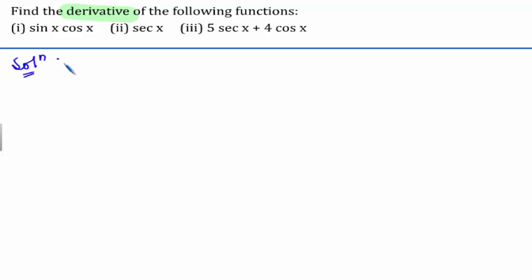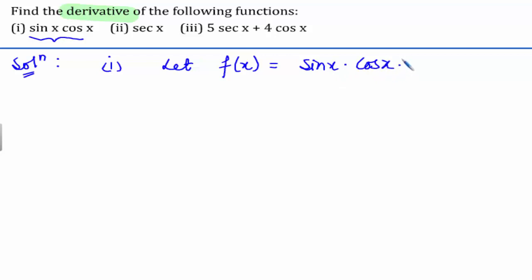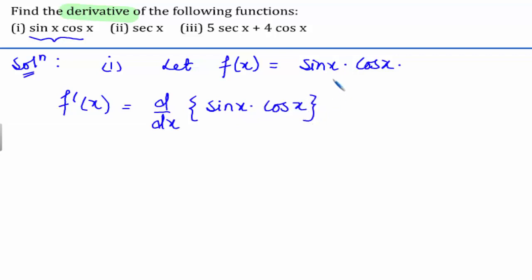Now we have to find its derivative, that is f dash x. We have to find its derivative with respect to x. Now we see that here we are given the product of two functions. Therefore, the derivative of the product of two functions is given by the first function into the derivative of the second function plus the second function into the derivative of the first function,